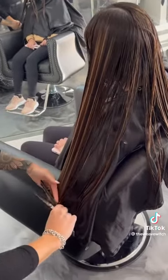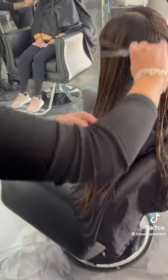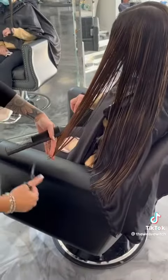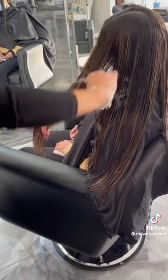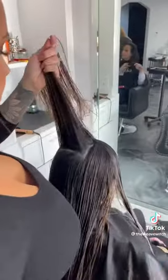As I get to the sides, I'm going to start where the back connects to the side. I'm going to start going up on an angle. So this is going to create that U shape. Just little by little and section by section, I'm taking that tip off by slightly angling my hand. I did the same on the right side, and then I'm going to take this small square on the top